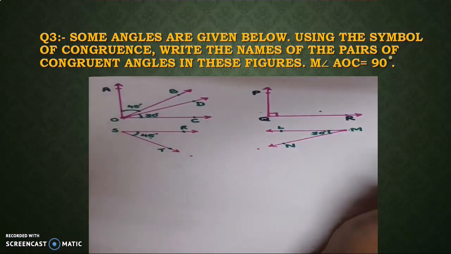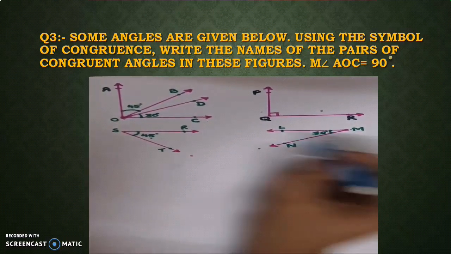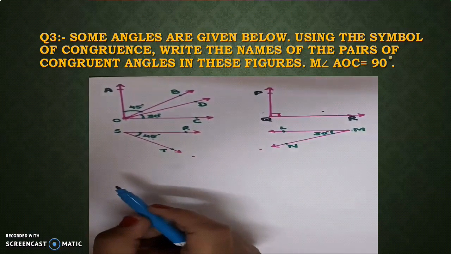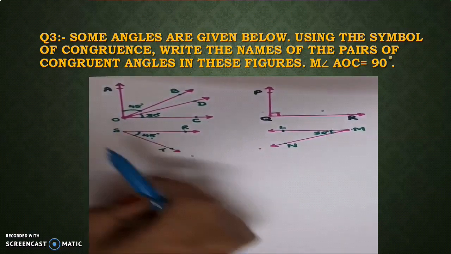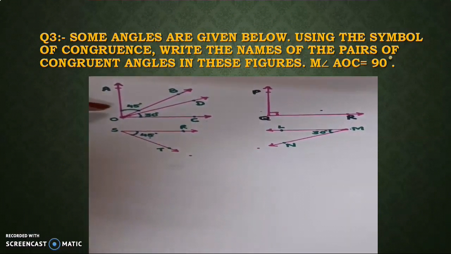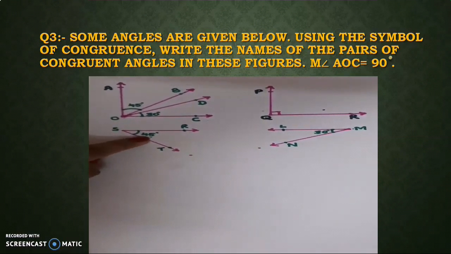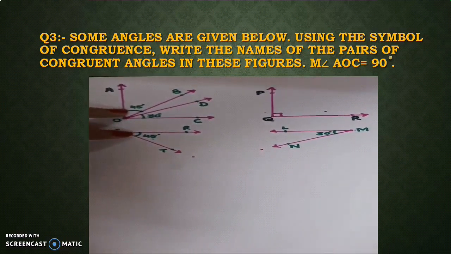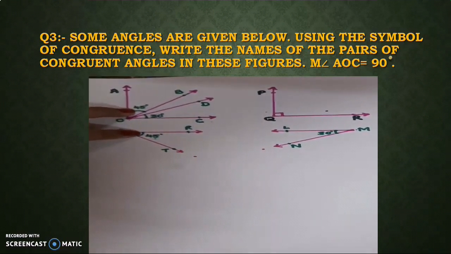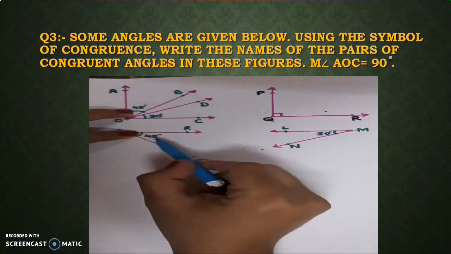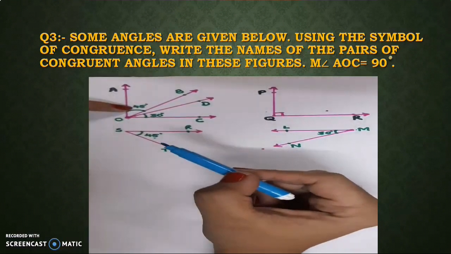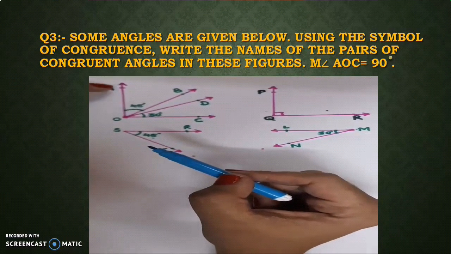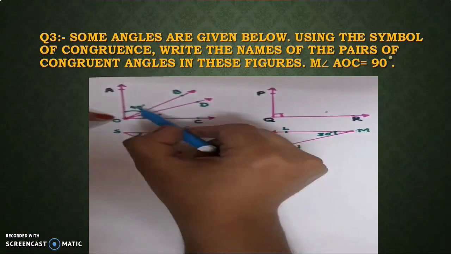So this is very simple. What we have to see, all are able to see the numbers shown in the figure. We will see where angles are showing the same number. This angle is showing 45 degrees. This also is showing 45 degrees. So we will first see which angles are showing the same measurement, 45, 45. So after checking that, then we will see 45 degrees is the measure of which angle?